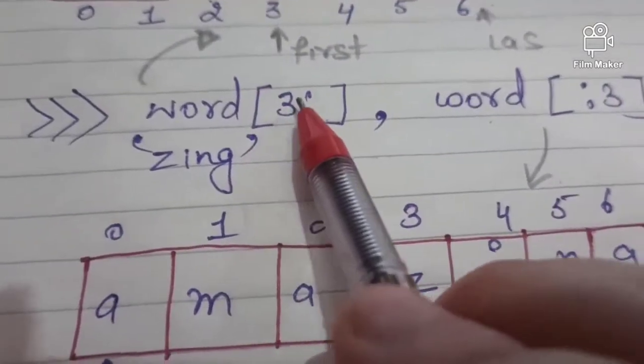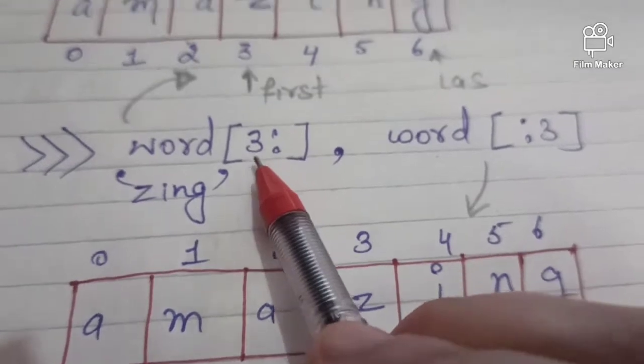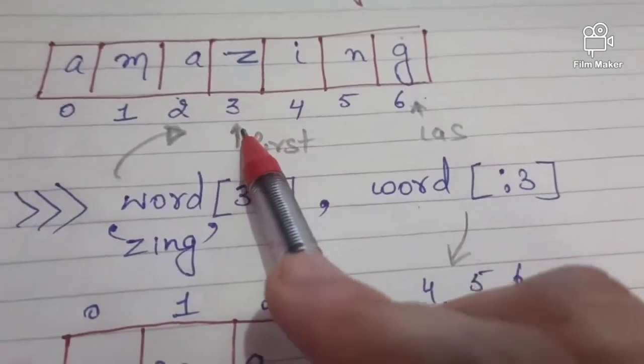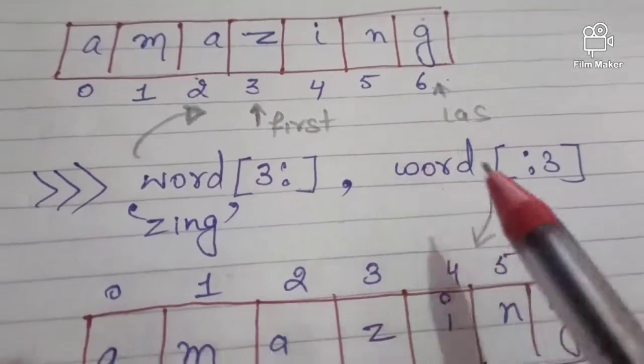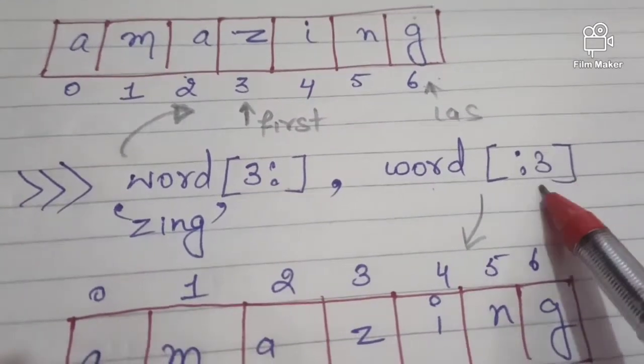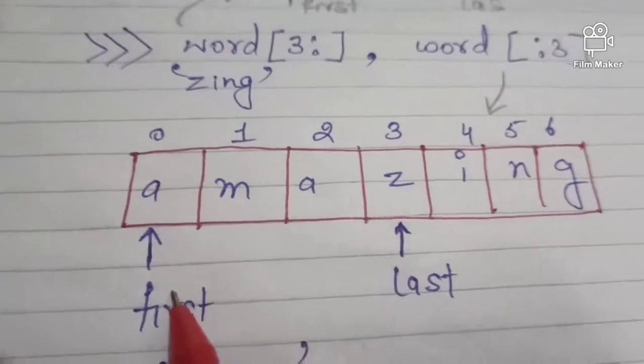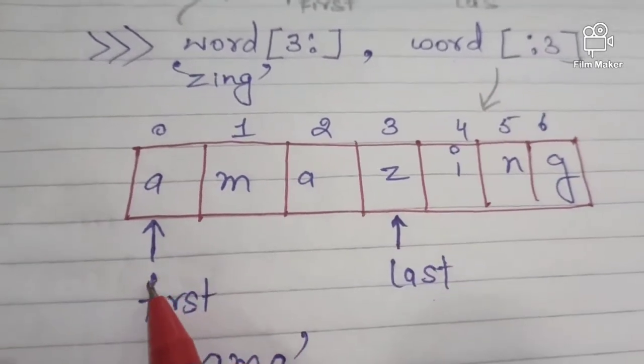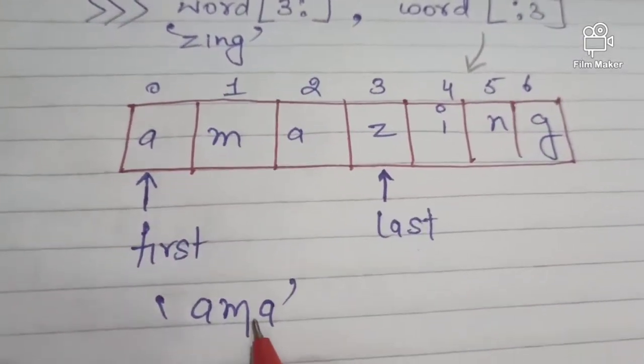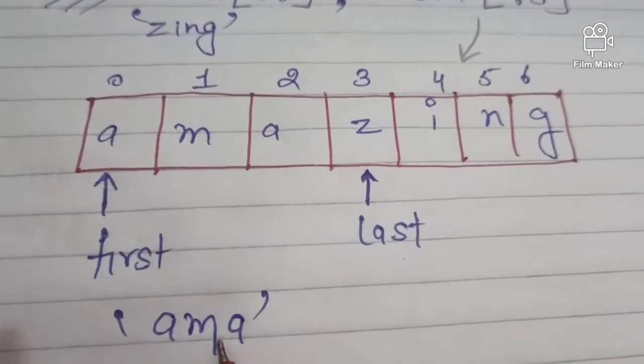यहाँ पे क्या है, यहाँ पे मेरे पास n इंटीजर की वैल्यू गिवन है, दैट इज 3. मतलब ये फर्स्ट है जो स्टार्ट हो रहा है और लास्ट यहाँ पे ख़त्म हो जाएगा. और दूसरे करेक्टर में क्या है कि मेरे पास m की वैल्यू गिवन है, मतलब लास्ट वैल्यू गिवन है, तो फर्स्ट नहीं गिवन, तो फर्स्ट ऑटोमेटिकली वो यहाँ से ले लेगा, इससे पहले जितने भी करेक्टर आएंगे उसको वो पिक कर लेगा. So the characters I am getting are AMA.